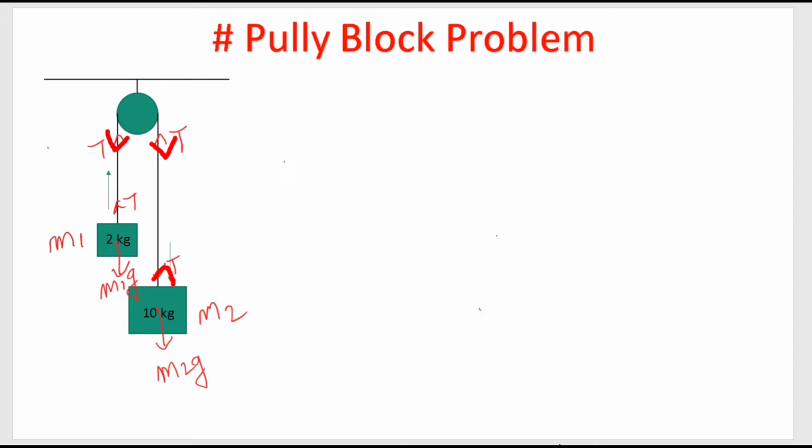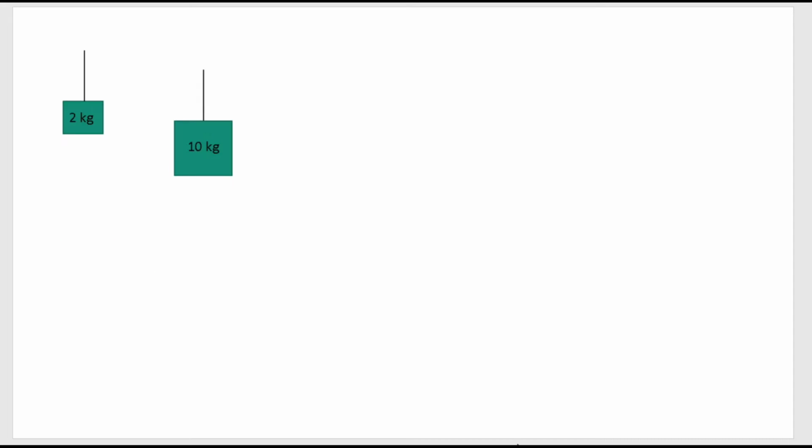So now let's make the free body diagrams to find the acceleration of the blocks. Now see the free body diagrams of the two blocks. Here the gravitational force is acting in the downward direction and the tension of the string in the upward direction. On the first block, the gravitational force is m1g, and on the 10 kg mass, taken as the second mass, it is m2g. The string is the same, so the tension will be the same on both sides. It's a single string, but it acts on the two blocks separately. Since it is the same string, the tension is taken as T.